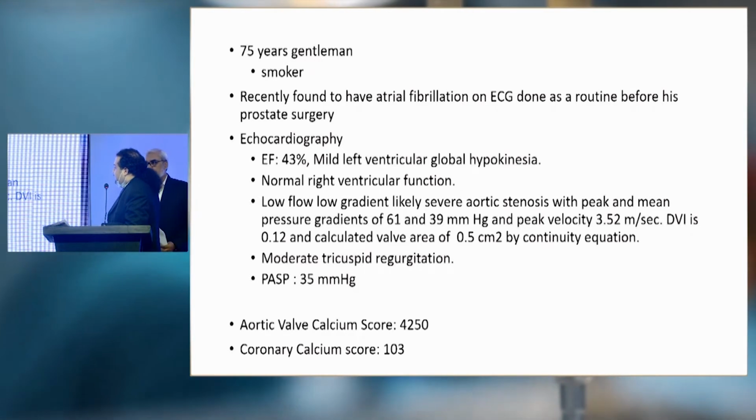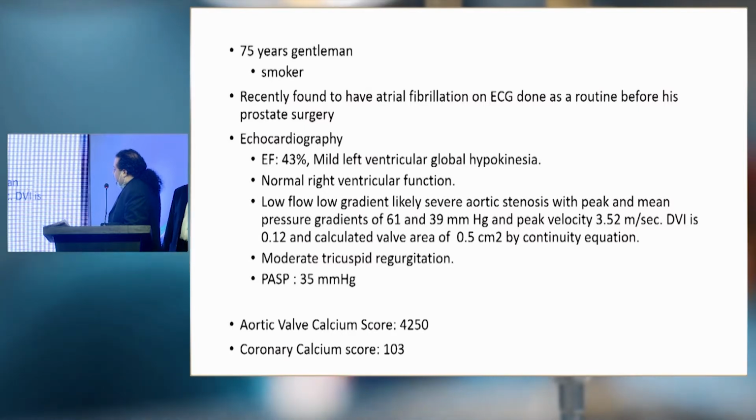He's a smoker, recently found to have atrial fibrillation on an ECG, which was done routinely before his prostate surgery. Subsequently, he presented to us. We have done the echocardiography. His EF was low at 43%, which was global, and his aortic valve was suggestive of low flow, low gradient, likely severe aortic stenosis with